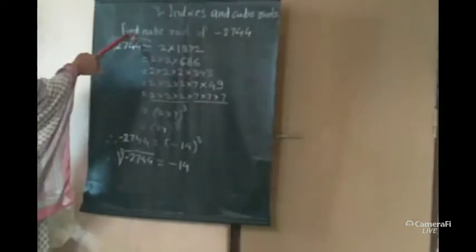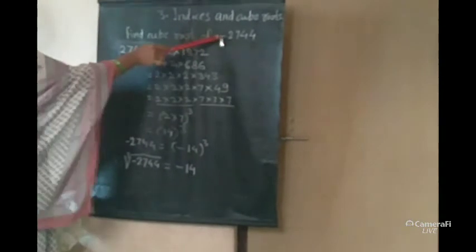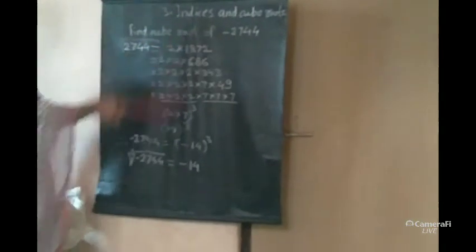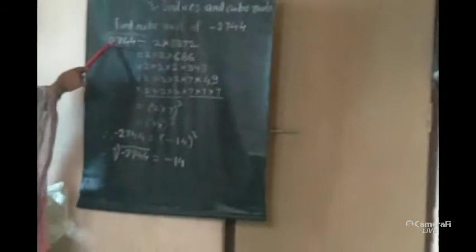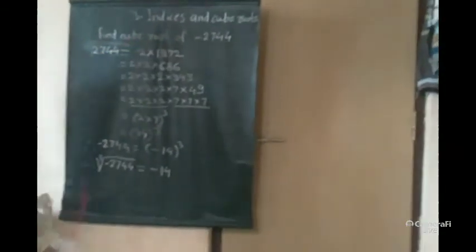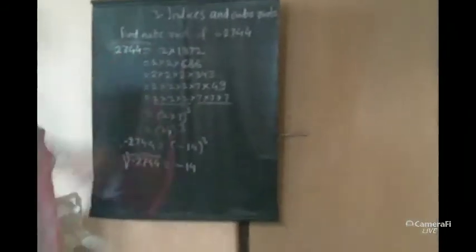Now, when we are finding the cube root of a negative number, we consider the number as a positive number. The negative sign should be forgotten for some time. In the end we have to give it again, but before solving, we consider this number as a positive number and solve the example like the other positive numbers. Here 2744, this is the cube number. We have to find its cube root.